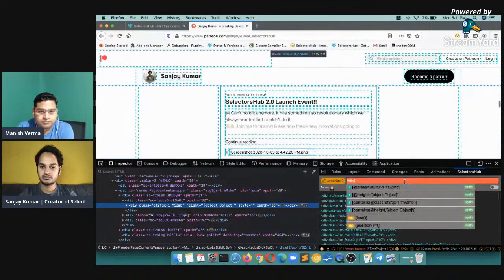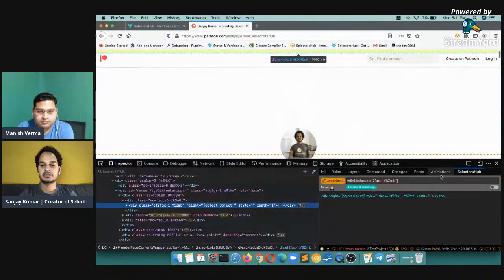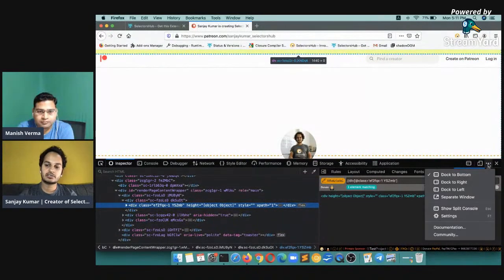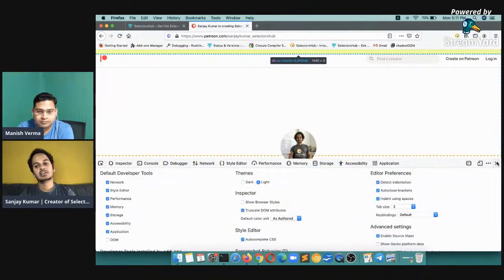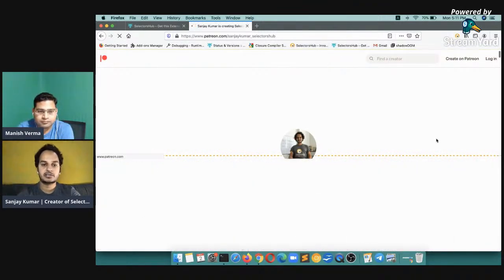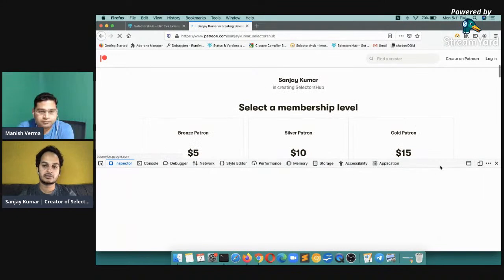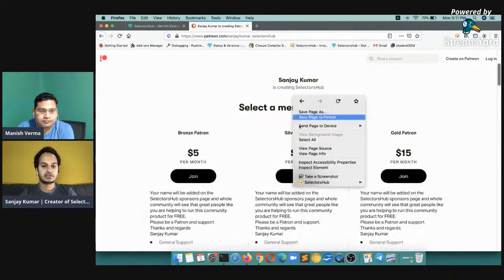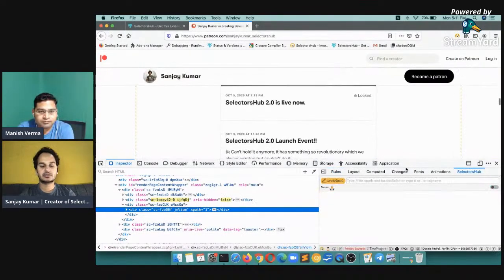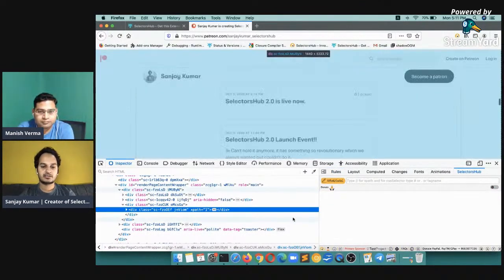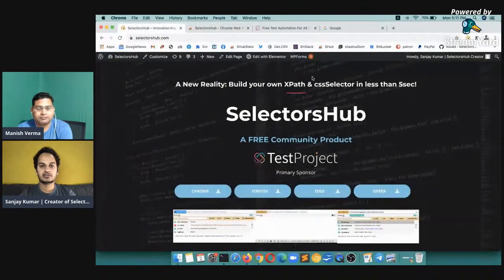I will make sure that you don't face any challenge on different browsers, such as it working differently in Firefox, because many people do testing on any one browser. So there will not be any difficulty. And very soon I will be launching Selectors Hub for the Safari browser as well. Hopefully it will be there very soon, you will see that. So this is how you can install and